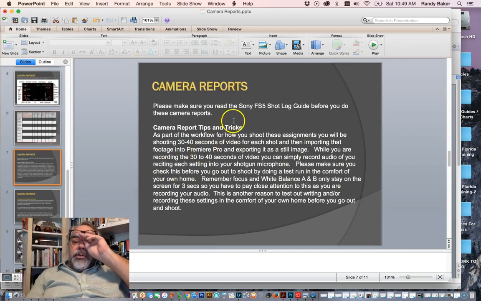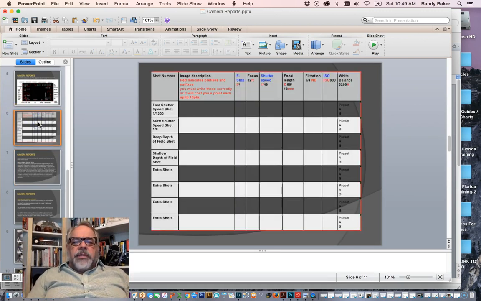Again, please make sure you read the Sony FS5 shot log guide that I went through with you just a minute ago. But here are some tips and tricks that you should do. Now, you need to print this out and practice this. Print this camera report out and sit down at your kitchen table with the camera in front of you and practice writing this stuff out